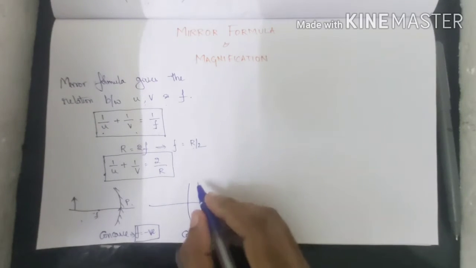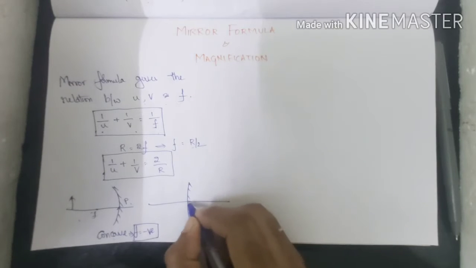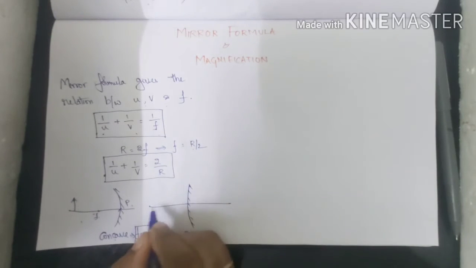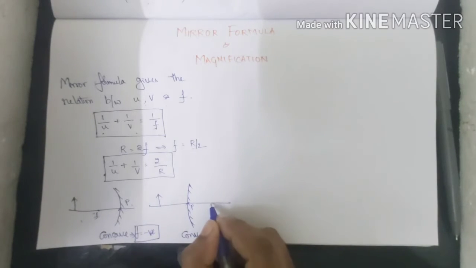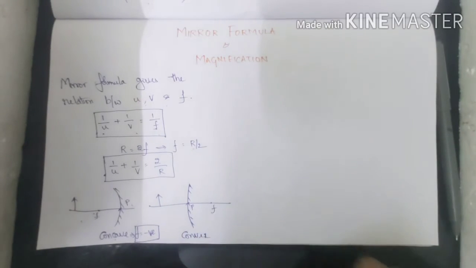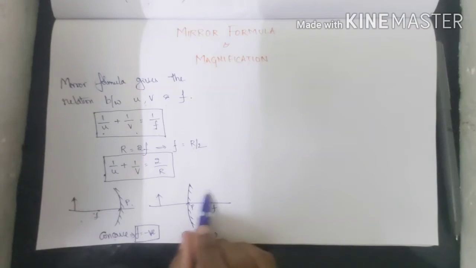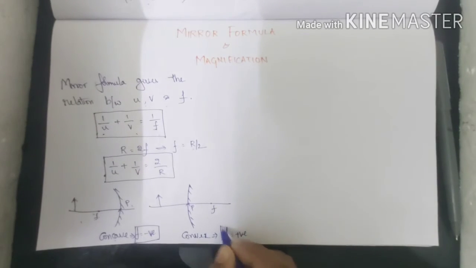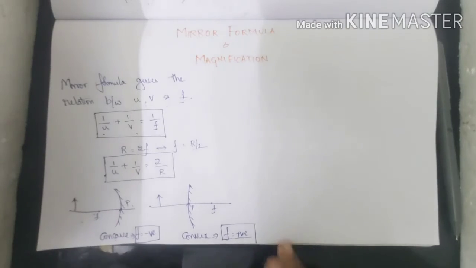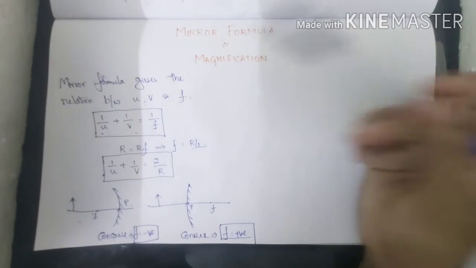Now see for convex mirror, this is your reflecting surface, this is just a coating. Again, object is placed to the left of the pole, but here focus will be behind it, which means in the direction to the right side of pole, the distances measured are positive, which means the focal length for convex mirror is always positive. So these are the points you have to remember when you are solving for u, v or f.